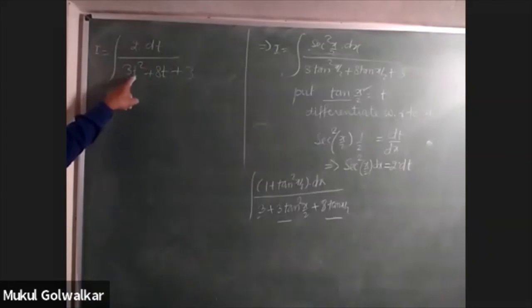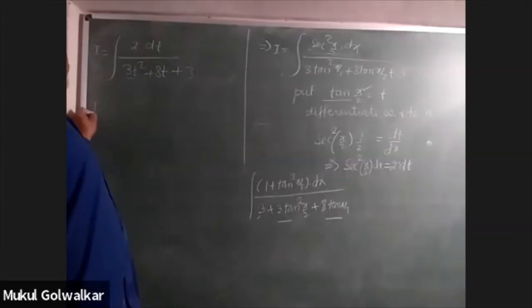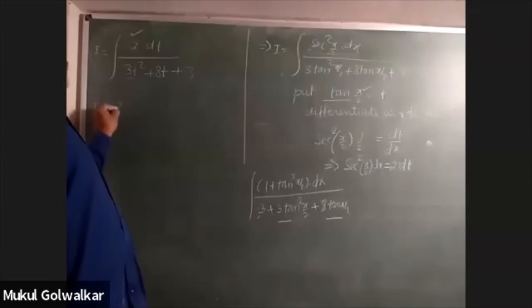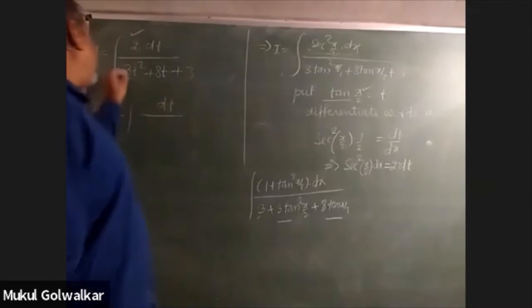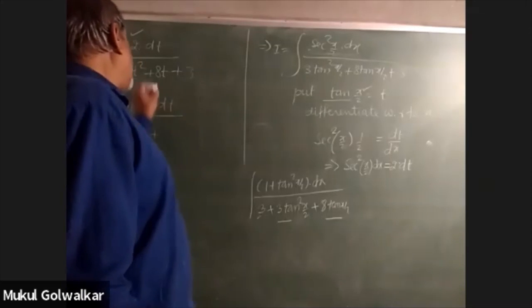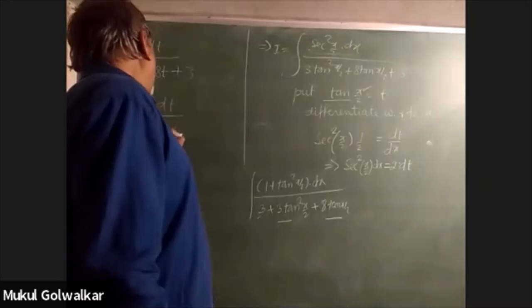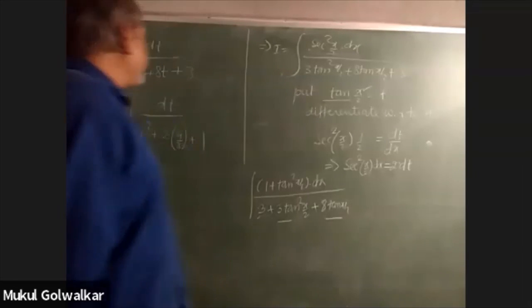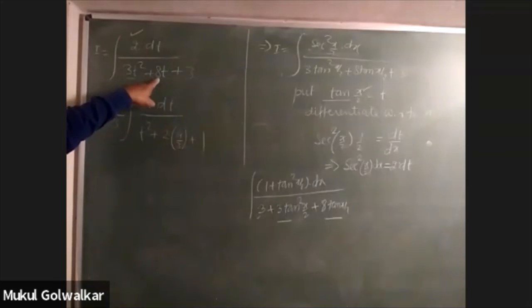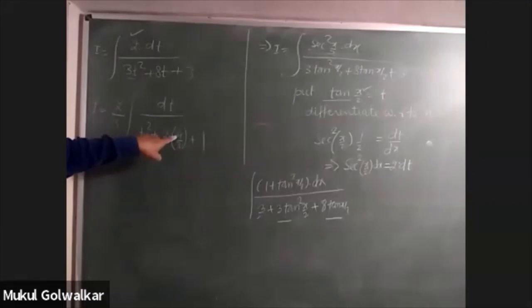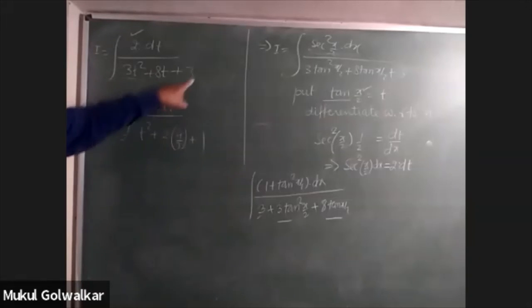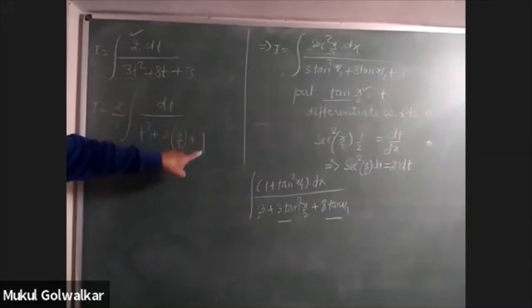I told you that first you should make the coefficient of this t square equal to 1. It means you take out 3 common from the denominator. You write that 3 outside. And even this 2 from the numerator can be taken out. So 2 from the numerator and 3 from the denominator. If taken out, we are going to get dt upon t square plus 2 into 4 by 3 plus 1. This 8 intentionally was written in the form of 2 into 4. And as we have taken 3 out, so upon 3 has to come. Taking this 3 out, it will give you this value equal to 1.